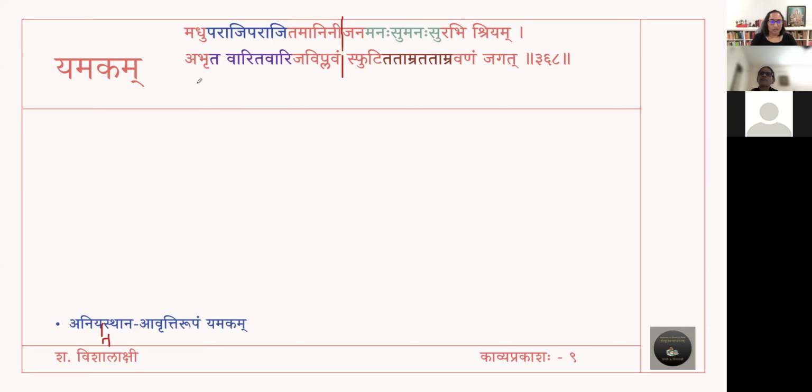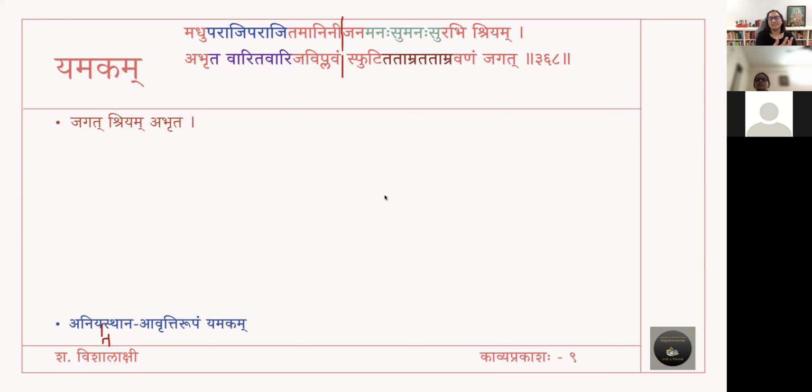Now let's just look at the meaning of this. The main sentence here is Jagat Shriyam Abhrita. Jagat, the world, has Shriyam. It got some kind of a lustre. So the world acquired, Abhrita ityukte, acquired. It got a great lustre. And what is that lustre? What is that Shrihi? So it's just describing.